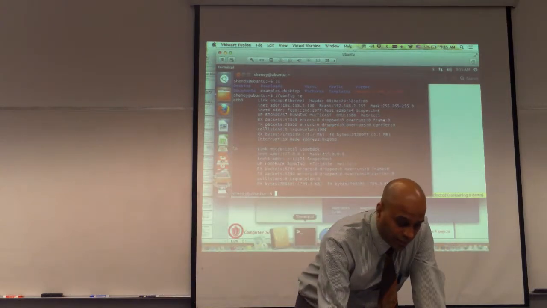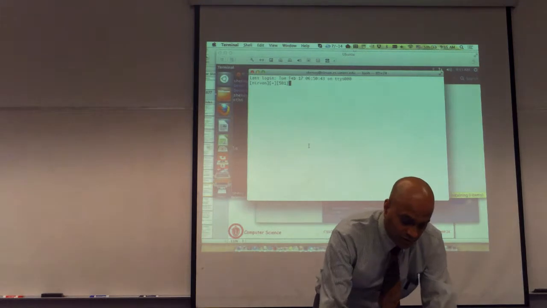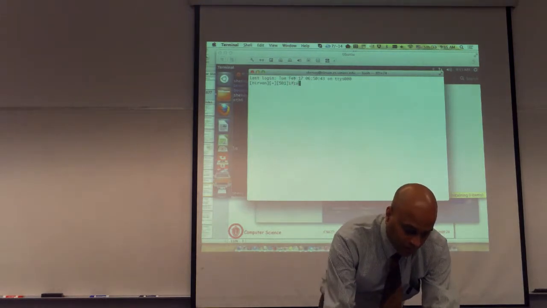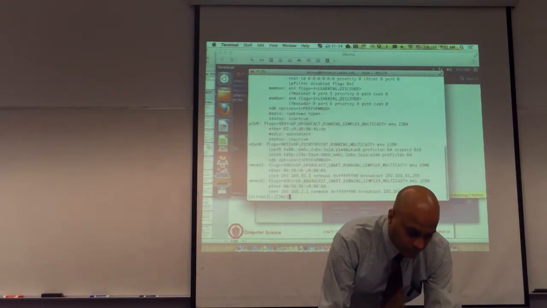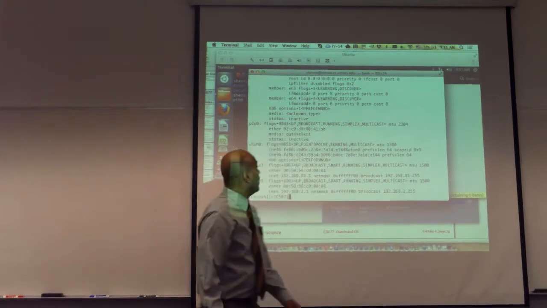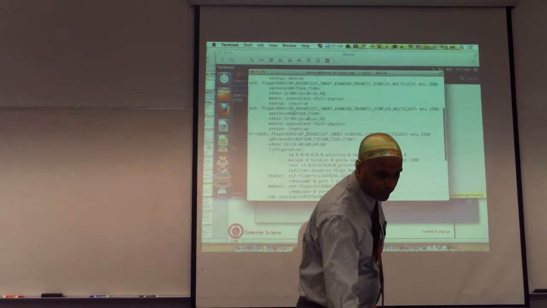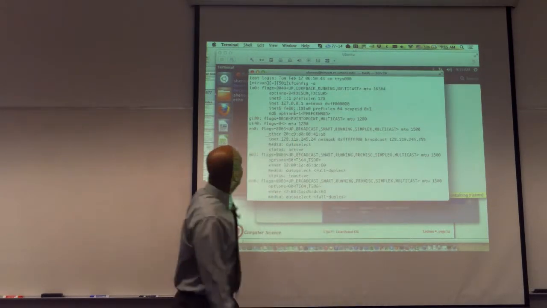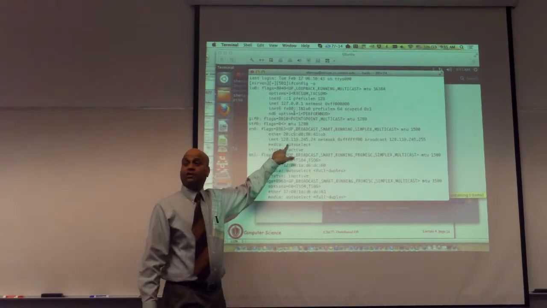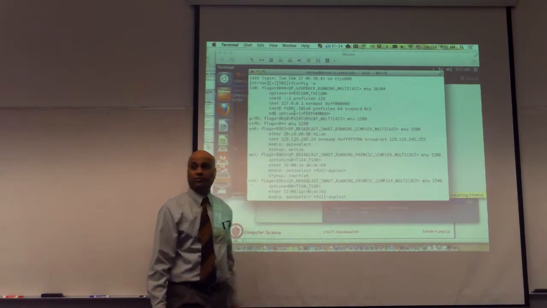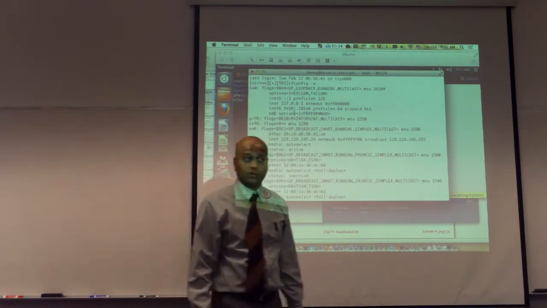And if you look at the native machine, okay, so this is my Mac's terminal. If you look here, for example, you will see that there are underlying mappings. So this has its own Ethernet card here, which has a real IP address 128.119.245.24. That's the actual native card on the machine.